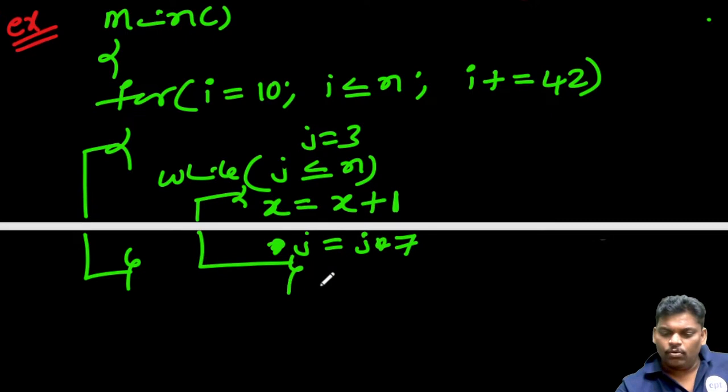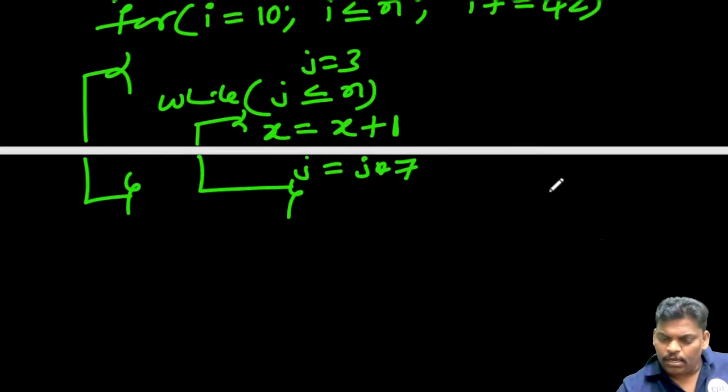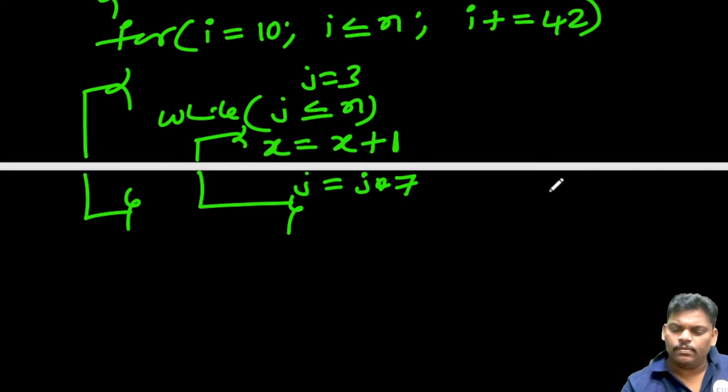Yeah, go ahead. Now I think the problem is clear. What is the answer of this? for (i = 10; i < n; i += 42) { j = 3; while (j <= n) { x = x + 1; j = j * 7; } }